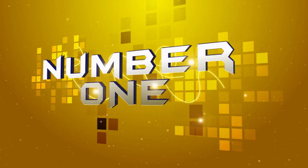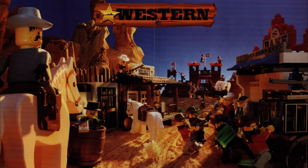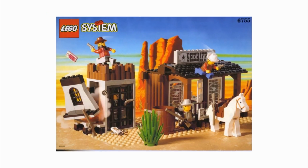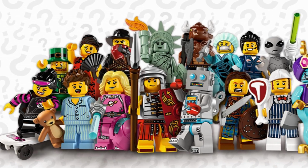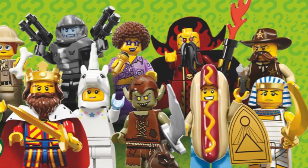Number 1. LEGO Wild West. I love westerns, and I love Lego, so Lego Wild West was one of my favourite themes. The theme surprisingly only lasted for about a year between 1996 and 1997, with a brief re-release of 3 selected sets in 2002. Since then, we've had Wild West elements pop up in the Blind Pack minifigure series and in